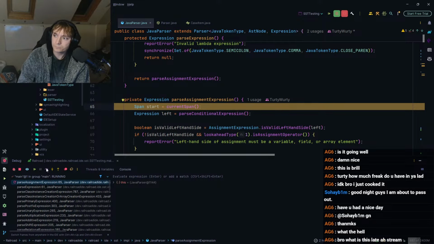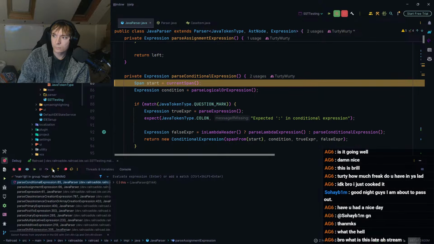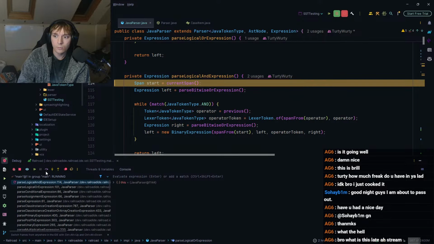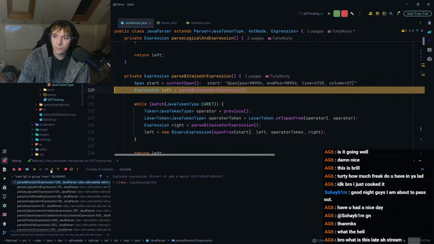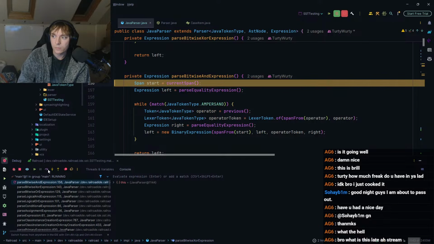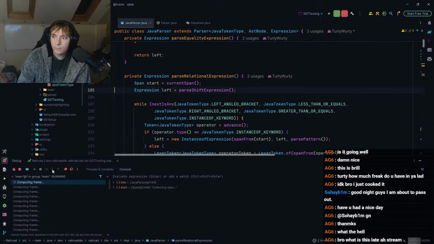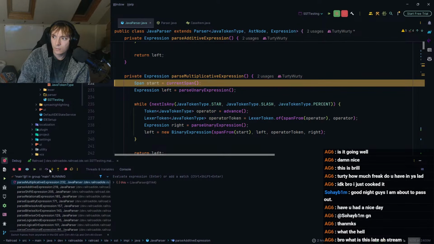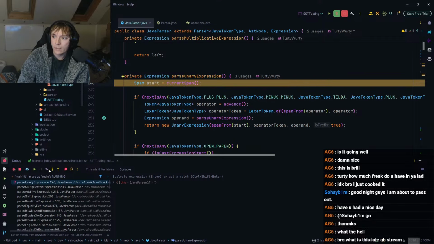So let's go past conditional, past logical. We're going to go all the way down to primary. Again, as we do most of the time, to be honest. Keep going. Boom. Okay. All the way down.